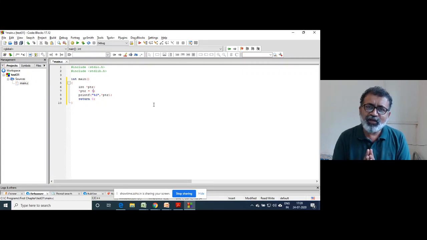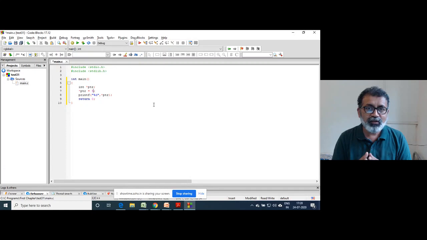As far as a normal variable is concerned, garbage values do not create much problem. At the most, you will get a wrong output. That's it.